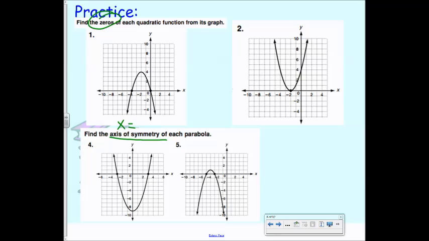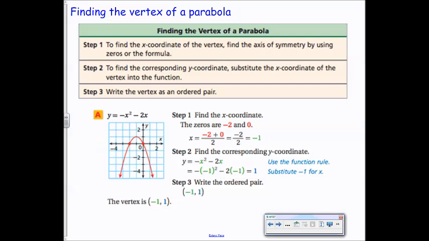All right, now, sometimes I'm not going to give you a graph and I'm just going to give you an equation. So we're going to talk about how now you could find the vertex of a parabola if I just give you the equation. This is a lot of writing. This is very convoluted. I'm going to write it in different steps. So if you can find a spot to write these down, I would, because I think I'm going to just simplify it a little bit. So the first thing, if you have an equation,